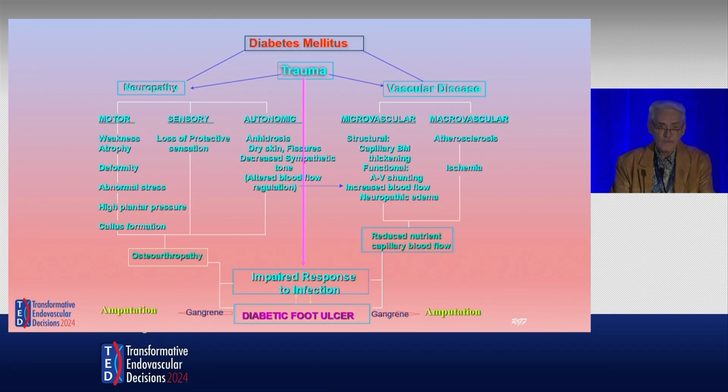I've used this graph for many years. It just indicates the complexities and the underlying metabolic perturbations present in many diabetic feet, composed of neuropathy, not just sensory, but autonomic and motor neuropathy. Vascular disease is not just macrovascular disease. We also have to keep in mind the important role of microvascular disease and a growing interest in small artery disease and MAC disease, medial arterial calcification disease. All of these complexities